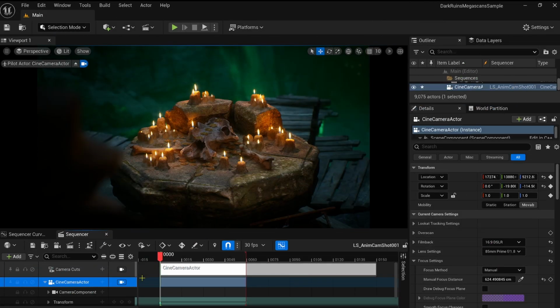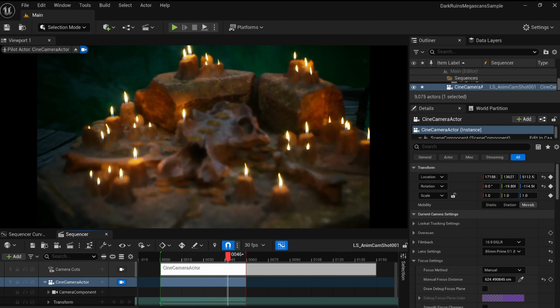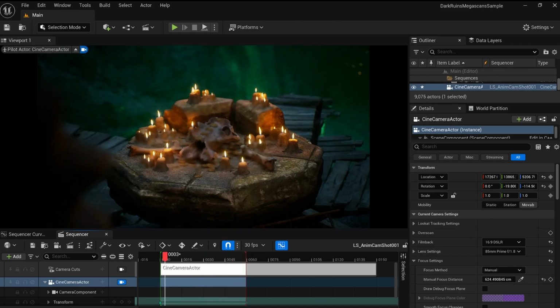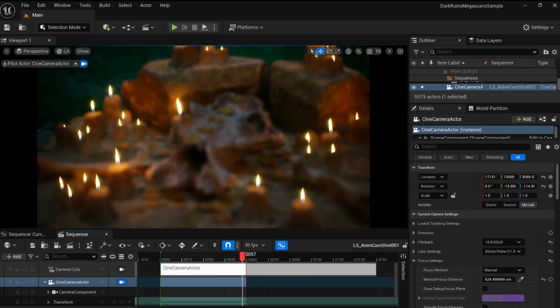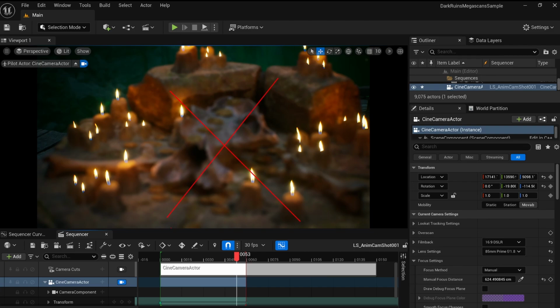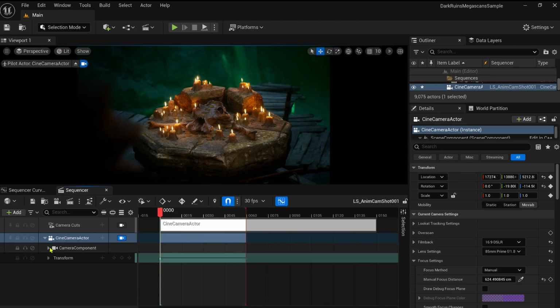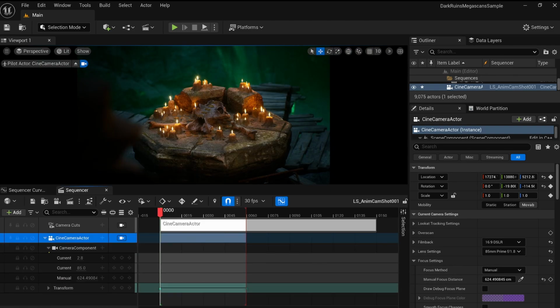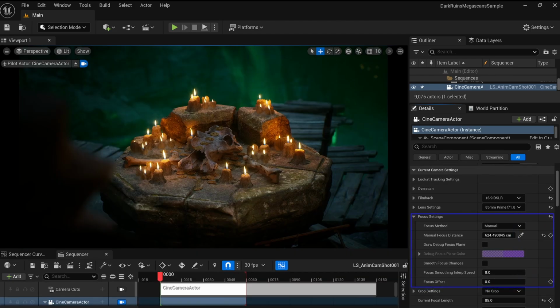Now let's talk about animated cameras. For example, imagine you're creating a simple traveling movement. You've set up the lens and aperture setting on the first frame, but as the camera moves closer to the subject and the animation plays, the focus goes out. One solution is to manually animate the focus settings using the track already available by default in the sequencer. For simple movements, this works fine. However, for more complex ones, you can use the tracking method.